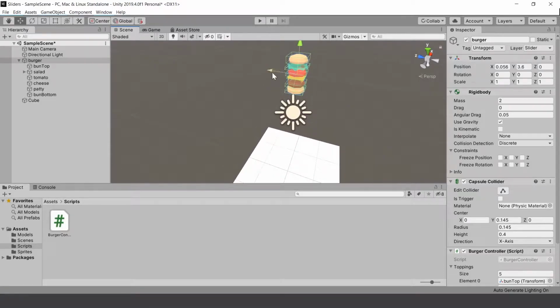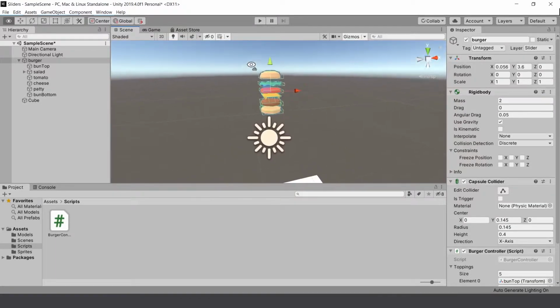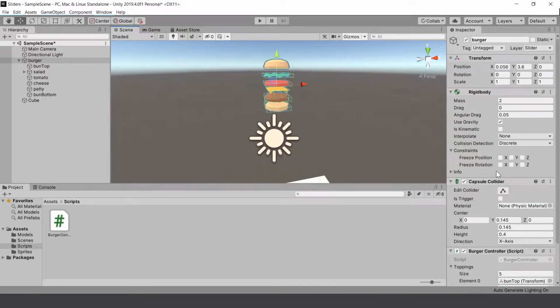We don't want our burger to fall backwards on the z-axis. So we'll just freeze the z position, and for rotation,